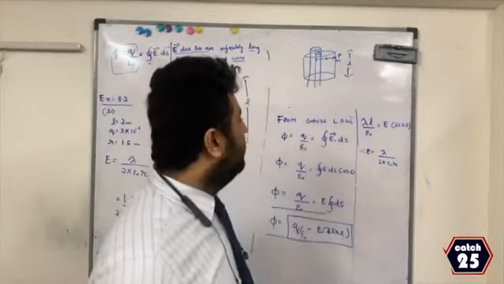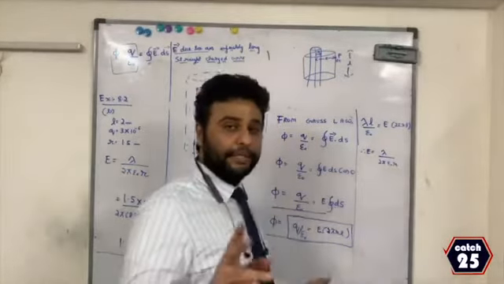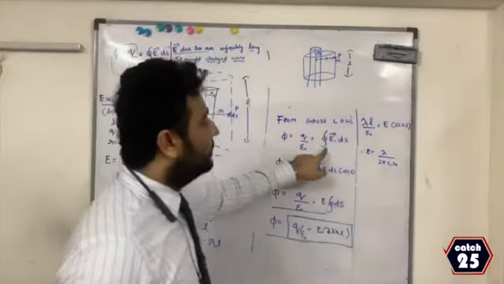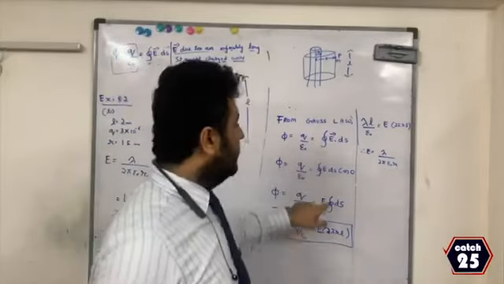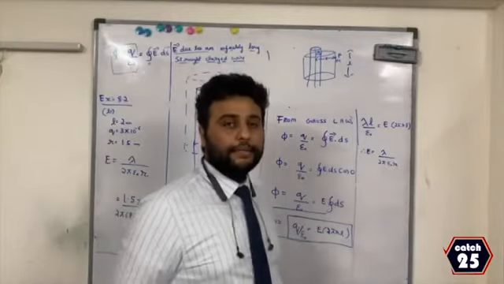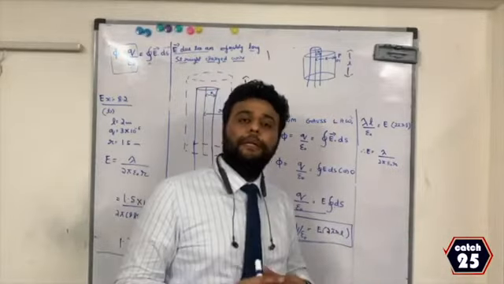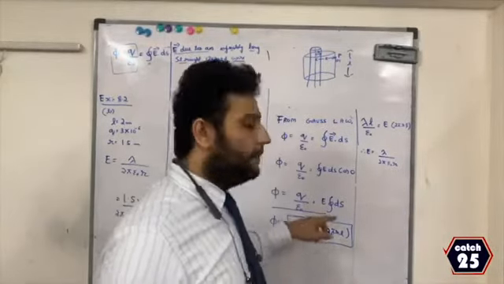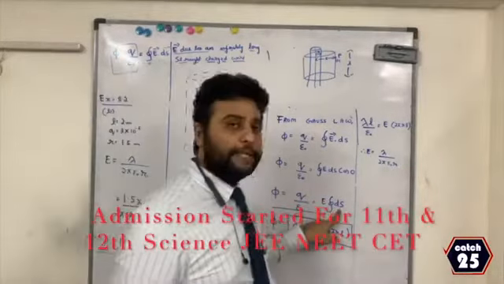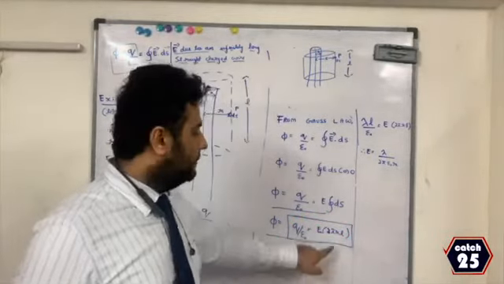Now for the derivation we follow the same steps, 1, 2, 3, 4, like the previous derivation. If you look at the previous derivation, from Gauss law I know phi is equal to Q by epsilon naught is equal to integration of E ds, E ds cos 0 because it is a dot product. Cos 0 will go out, leaving E integration ds. Over there, in the sphere, the closed surface was a sphere, therefore the surface area was 4 pi r square. Over here, since it is the curved surface of the cylinder, the surface area of a cylinder is 2 pi RL.